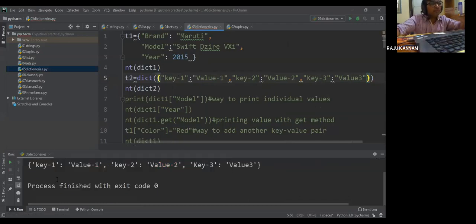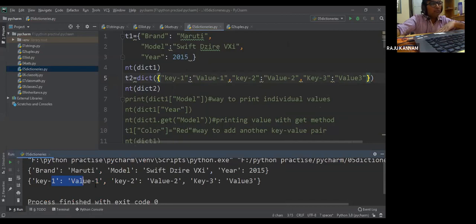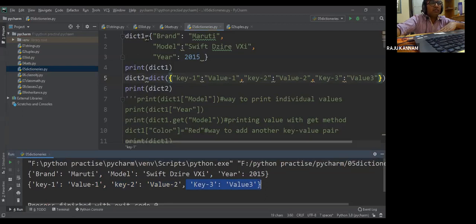Okay, see here, key value, because this dictionary is created by using the flower bracket, so we have to use the flower bracket here. Key1, its value1, then key2, its value2. This is the second element, this is the third element. So you can create dictionaries directly by using the flower bracket or by using the constructor called dict.